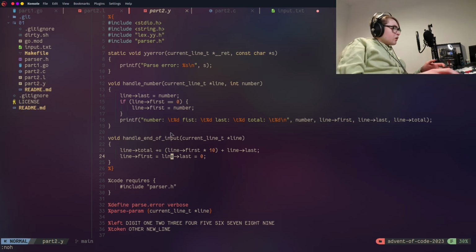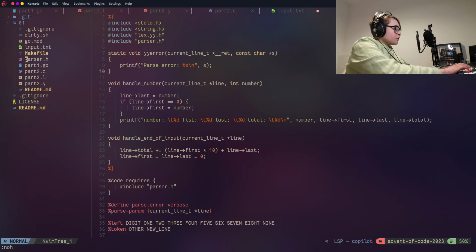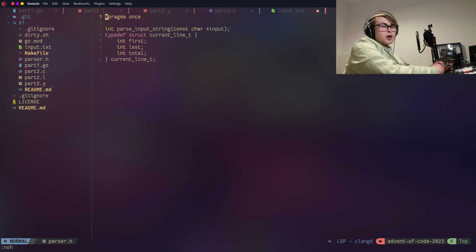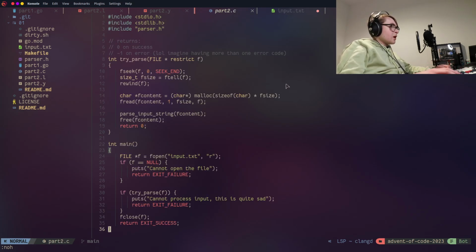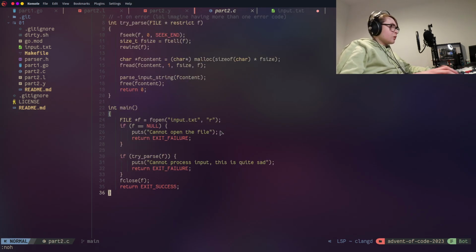So then, this current line, where does that come from? I've not even opened the file, how exciting. It comes from parse.h. Why did I call it parse.h? I've got no clue. So, we defined a function to parse, it just returned an int, which is actually its status code, not the total. That's not going to get confusing, is it? Then we've got the struct of current line t, it's just got first, last and total as integers. Nothing exciting there. Then in part 2.c, what we do is we just get a file, open it, try parse,